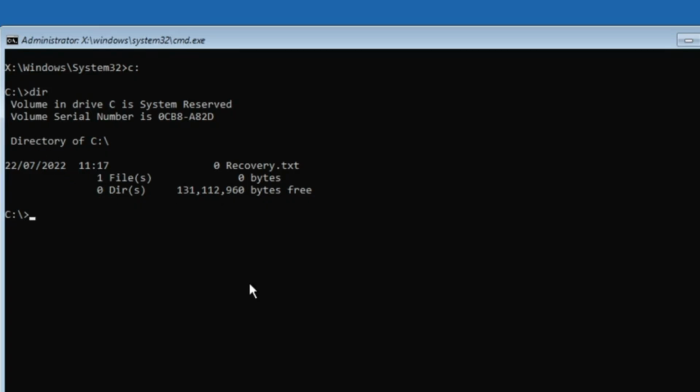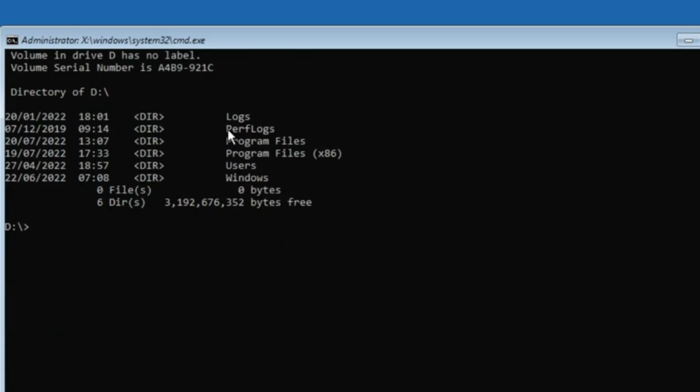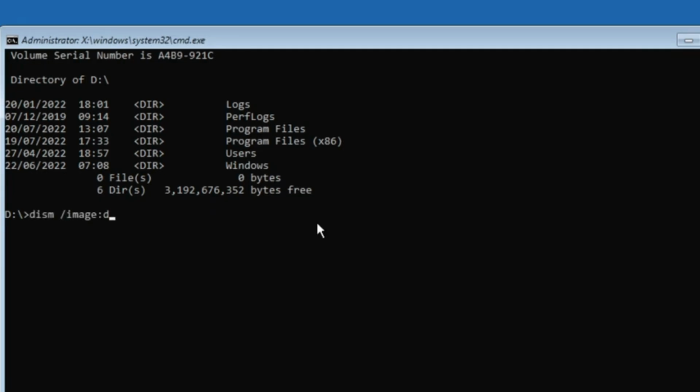In my case, nothing appeared on C, so I switched to the D drive by typing D and pressing Enter. Then I typed dir again, and here we can clearly see folders like Program Files and Windows, which confirms this is the correct directory. Now, from this directory, type the following command: dism /image:D: